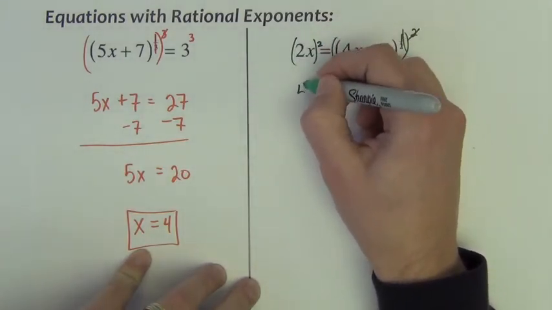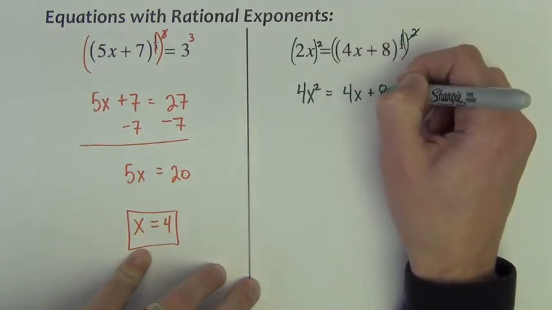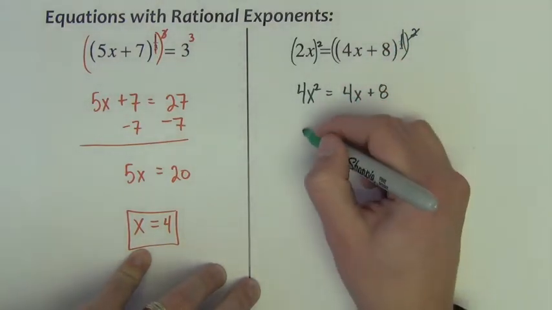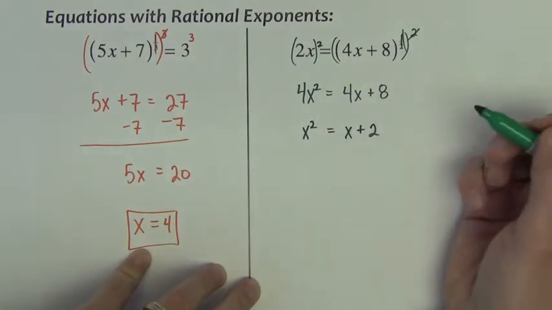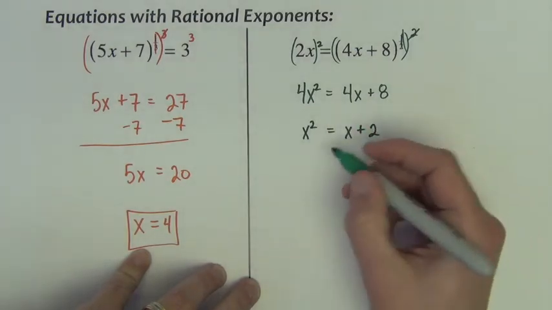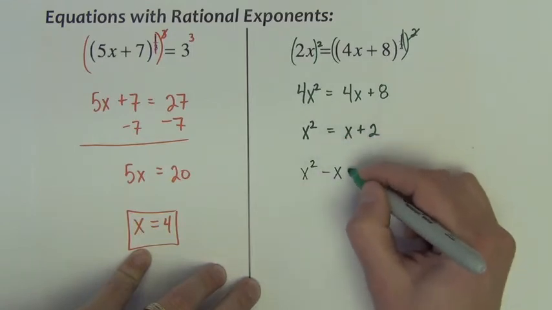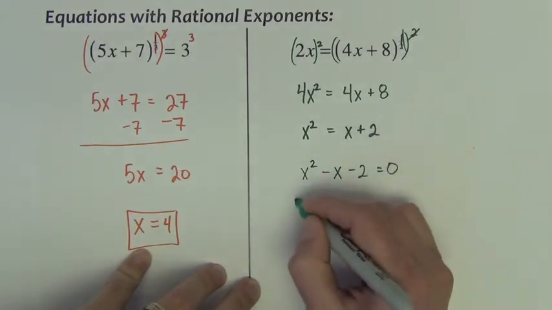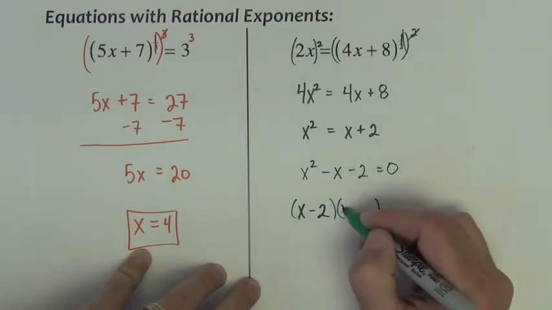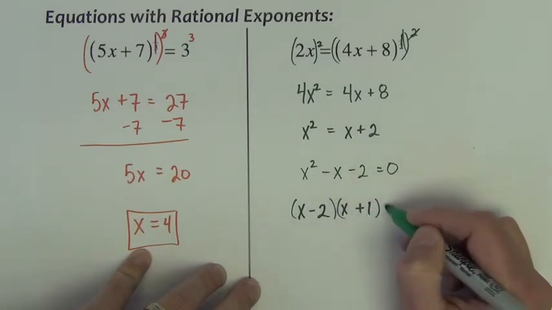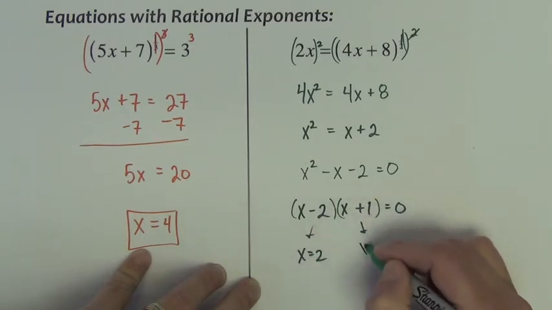So this makes 4x squared equals 4x plus 8. I could divide everything by 4 and it's the same as x squared equals x plus 2. Because it's quadratic, I'm going to make equal to 0. So I'm going to bring the x over as a minus x, the 2 over as a minus 2, and then we can factor this. So we have x minus 2, x plus 1 equals 0, and we get x equals 2 and x equals